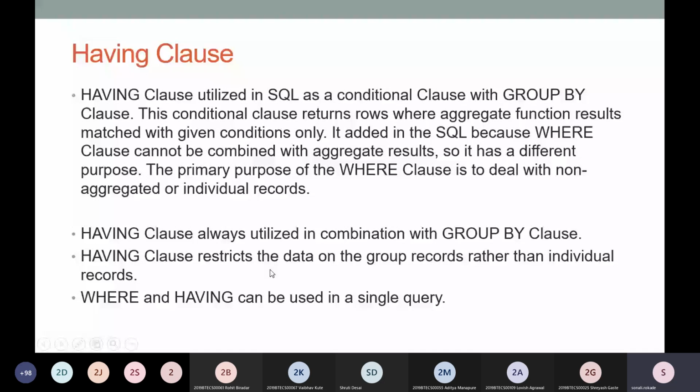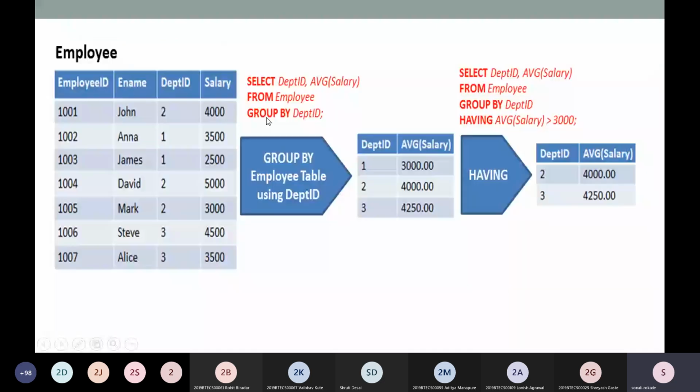So what is the syntax? Right now we have the same query we saw with group by. We know the result, but I want to pass a particular condition on this group of data. I want only the data with average salary greater than 3,000.